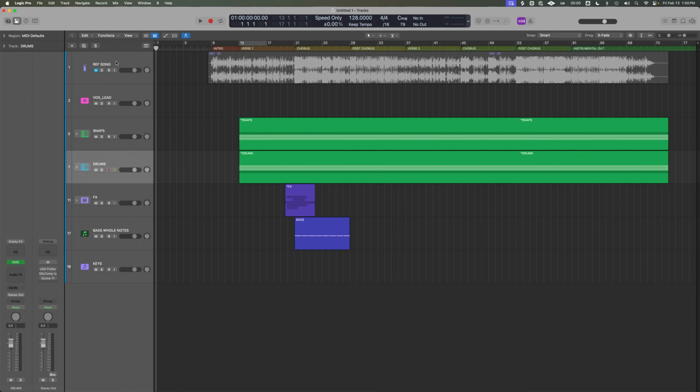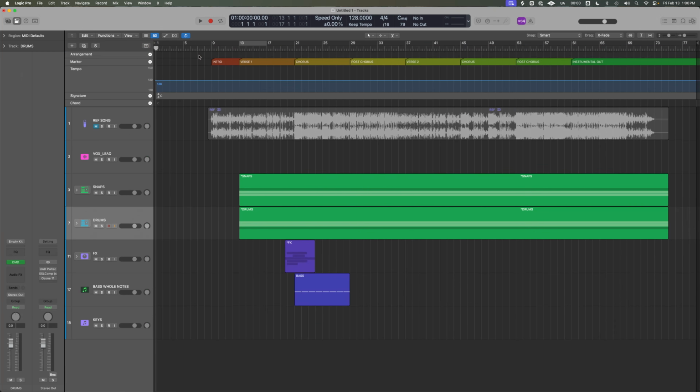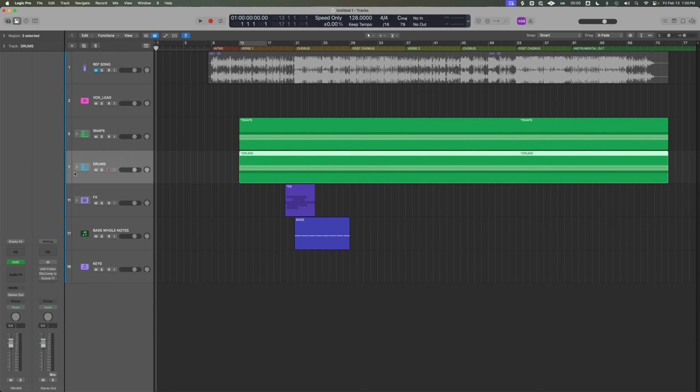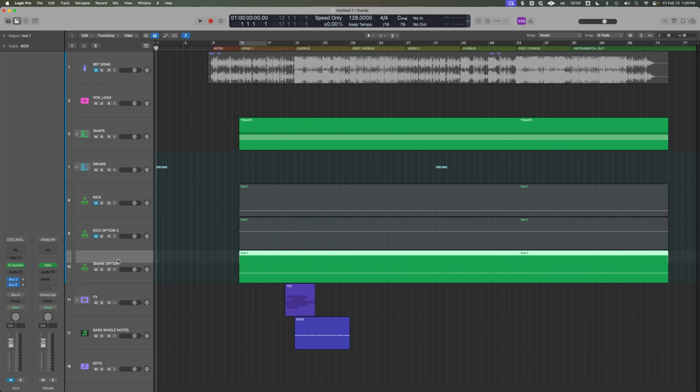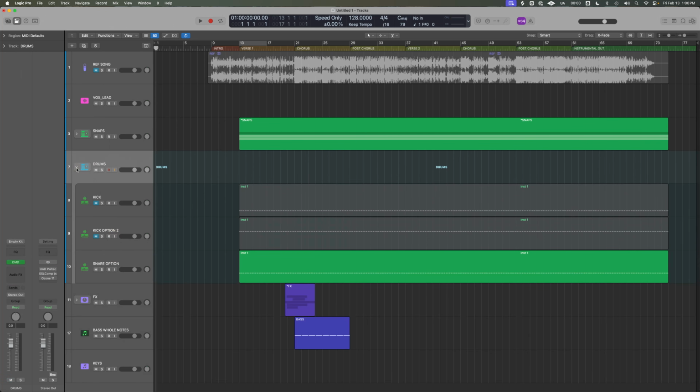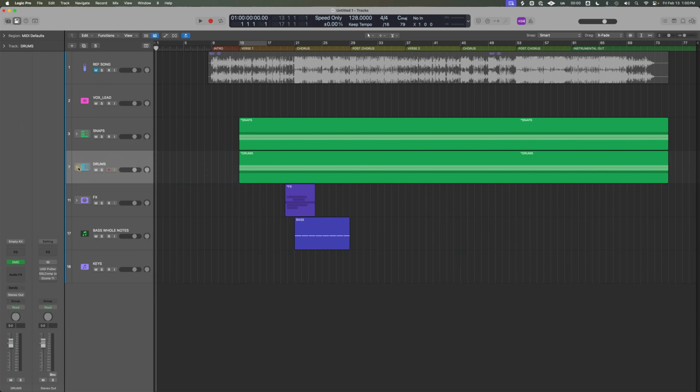This is what I see every time I open up a template. I don't have to start blank. Notice markers at the top. Notice already some information here. I have kick drums and snare drum options with MIDI in places if I need to get going right away. I have instruments set up, bass instruments set up already with some MIDI that I can program quickly,